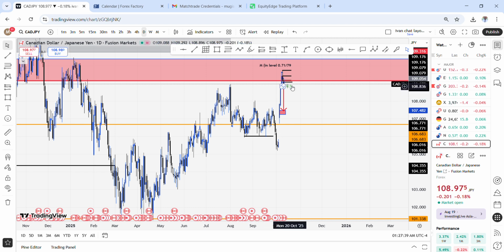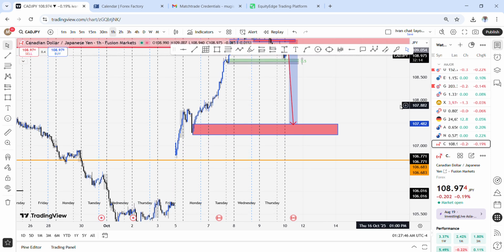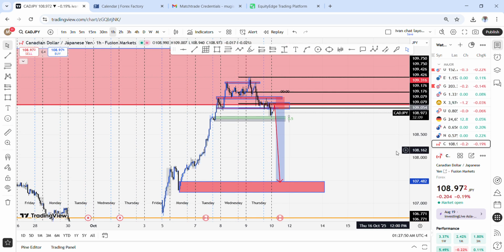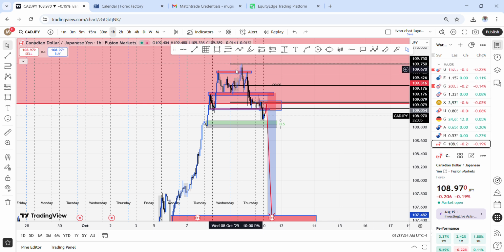All right, so when I mark my daily time frame and I get the H1 time frame, we see that this gap at one moment has to be filled, and for that reason also, when markets reached around this 71, 79 zone, they started being rejected from continuing to move above. They started creating patterns which show that bearish movements are starting to come in, and that's why you see that we have